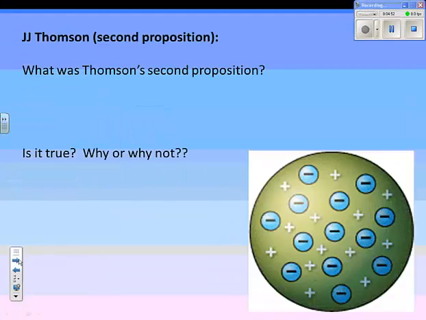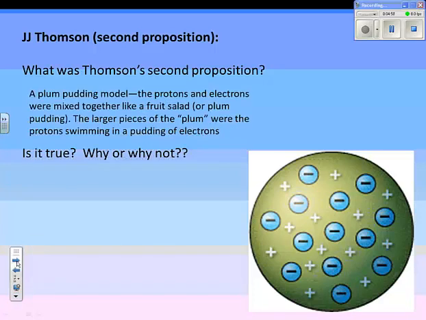All right. He also had another proposition. I know you guys have heard this before. It's called the Plum pudding model. And I'm not going to write this down because I want you guys to write what I'm about to say in your own terms that helps you understand it, because I know you've heard it about 3 different times from 3 different people. But basically you see that it's all separated out. The positive charges are separated from each other, while the negative charges are separated from each other as well.